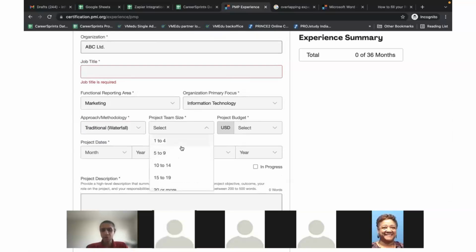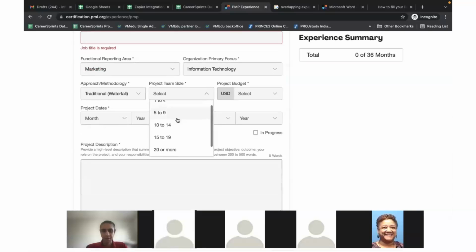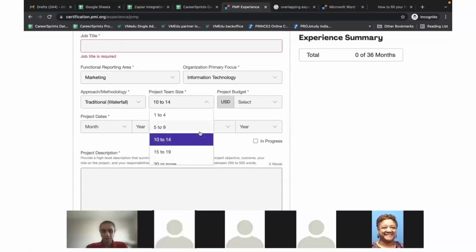And then I need to choose my project team size. So they give you various options. So it's like 1 to 4, 5 to 9, 10 to 14. So whatever was your project size. So for example, my project size was 10 to 14. So I'm going to write there 10 to 14. Okay. And they also have another